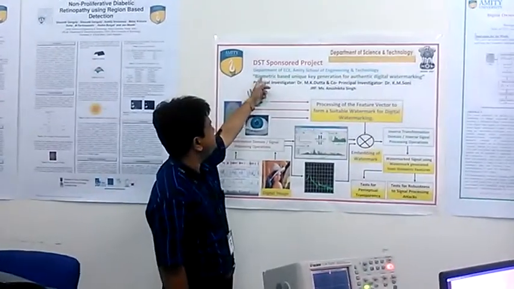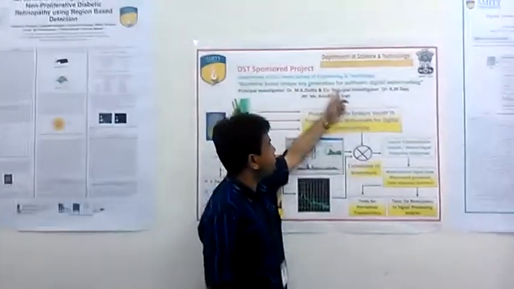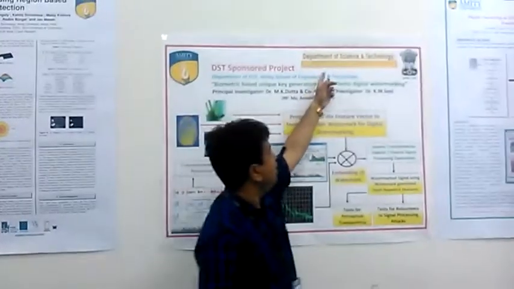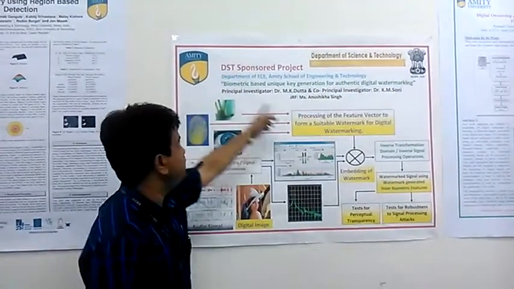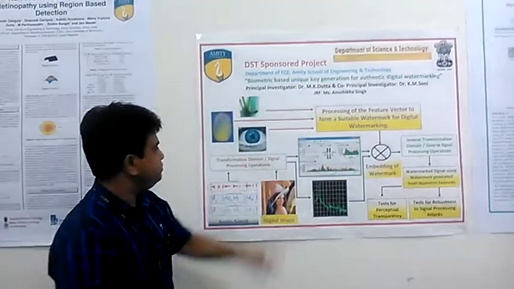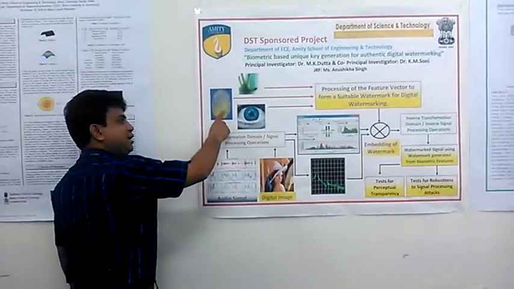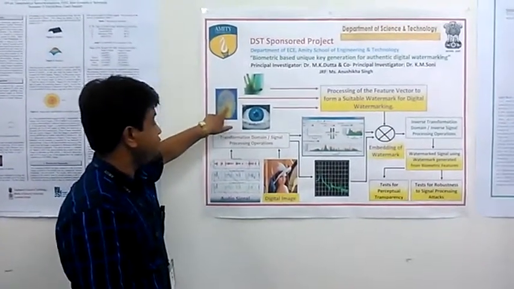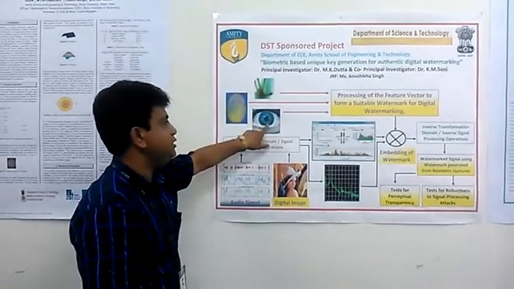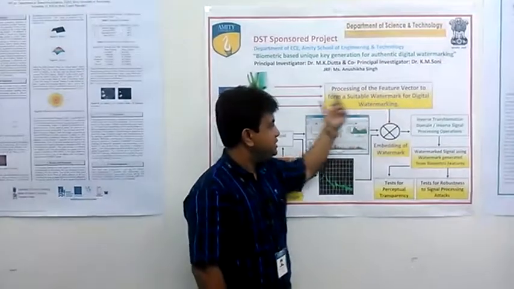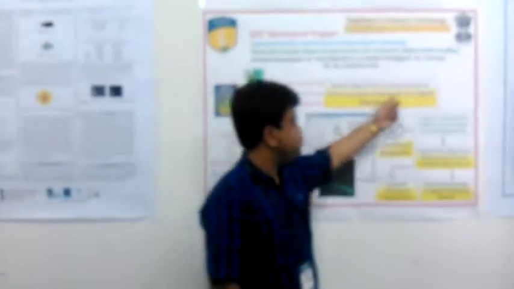The objective of the project is biometric-based unique key generation for authentic digital watermarking. This is funded by the Department of Science and Technology, and the research work is done in Amity University, Noida. So the basic objective of the project is acquisition of biometric signals like the fingerprint, the palm print, or the iris image, the biometric feature, and processing of these images into some feature vectors to form suitable watermark for